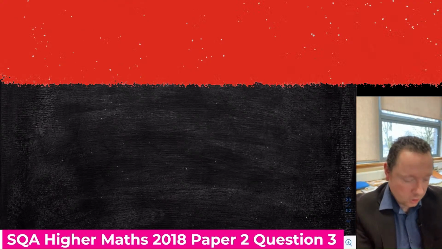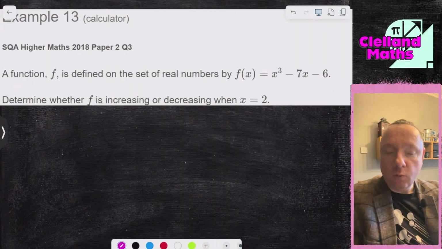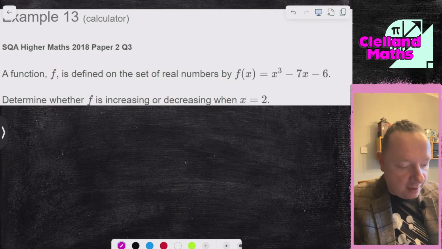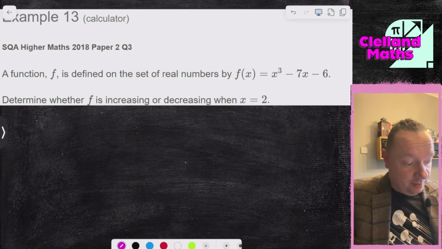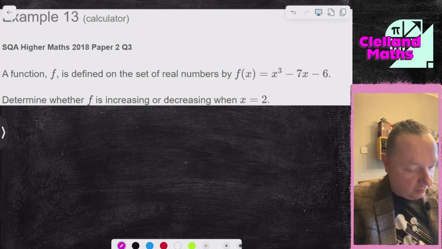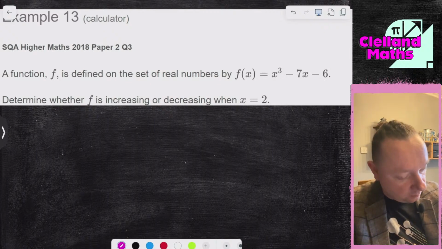Increasing and decreasing functions. Okay, the next one I'm going to do, example 13, SQA Higher Maths, paper 2, question 3 on 2018, had a function f is defined on a set of real numbers as f of x is x cubed minus 7x minus 6. Determine whether f is increasing or decreasing when x equals 2. I think I can do this one live, shall we, for a change. So f dash x, 3x squared